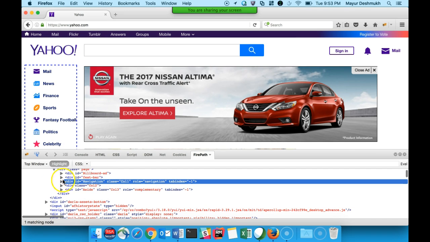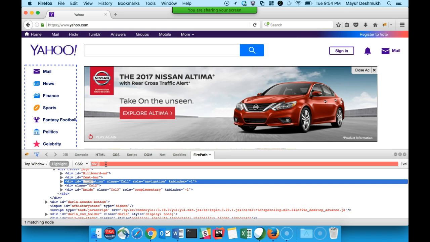Like right over here, if I am going to find this particular node, and I want to use starts with, like I want to use ID and I want to say that find something that starts with Navi for ID. So the process will be the same, starting with the div tag, then in the square brackets use ID as attribute, then starts with, there is no need to write starts with as the text that we do in XPath. All we need to do is just put